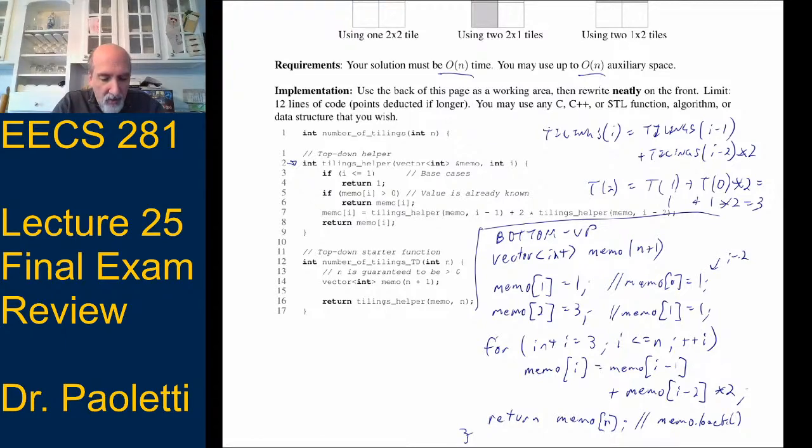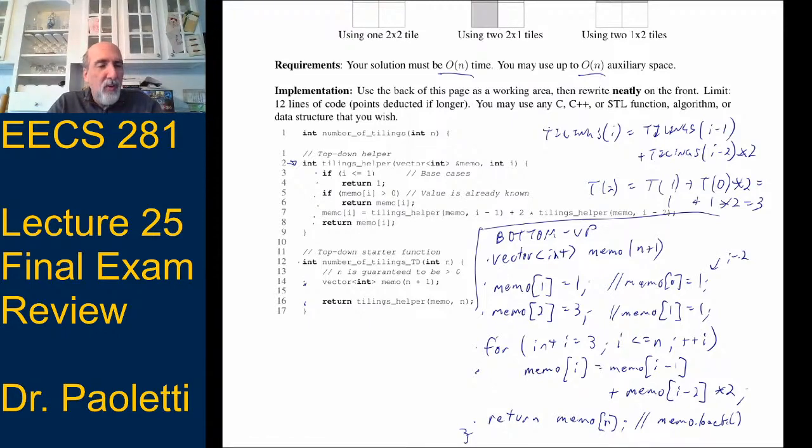So if we don't count curly braces, we got 1, 2, 3, 4, 5, 6, 7, 8, 9, 10. Whoops, I counted the int line, so 8, 9. So 9 lines, and we allowed 12. 12 was basically the top down plus 3 lines to spare, and then the bottom up took us just 1, 2, 3, 4, 5, 6 lines.